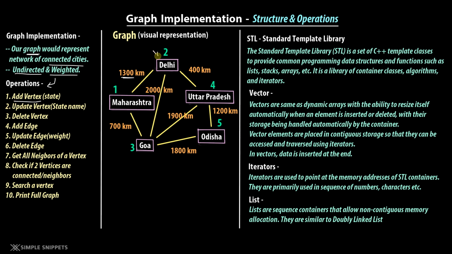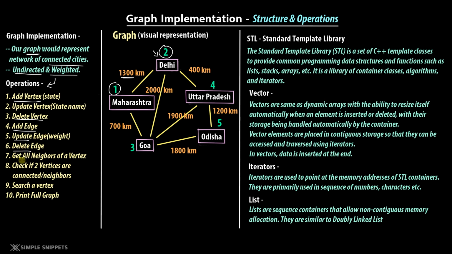So every state will have its unique code, so we'll give an ID. The ID will be the unique ID or unique code for every vertex, so you can address them and you can search a particular vertex using this ID. The third thing is you can delete a particular state from the graph. So add, update, delete of a particular vertex, basically a particular state. Then we also have add, update and deletion of edges. Similar to vertices, you are able to delete the links between multiple states, multiple vertices. Even that is going to be possible. We are going to write separate code for all these different operations.